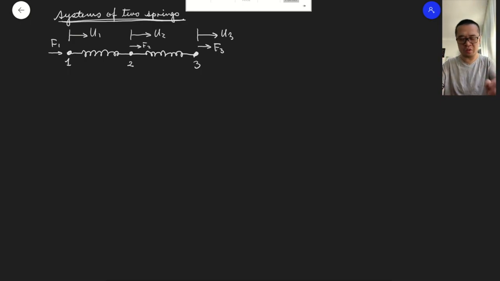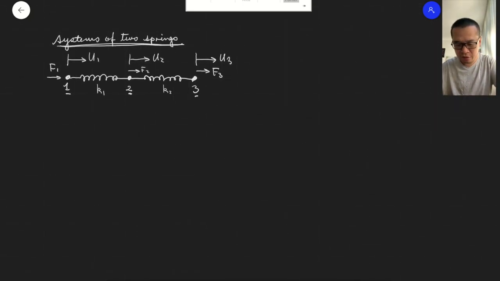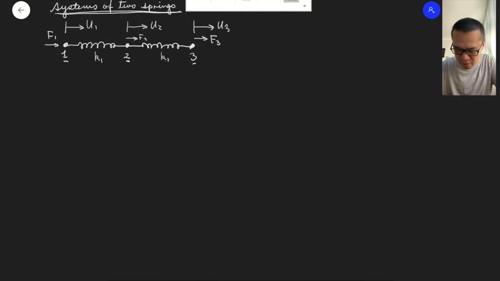And because we have two springs, we have three nodes here: 1, 2, and 3. They are linked together by two springs with spring constants K1 and K2. Now we will give this spring system an external loading, which is written in capital letters. So capital F is the external loading,